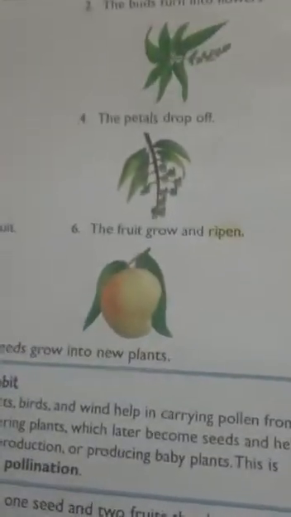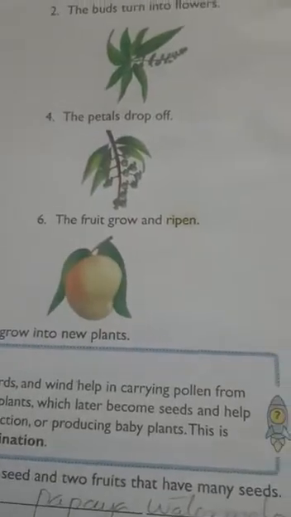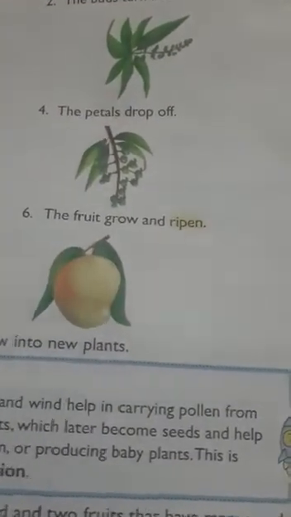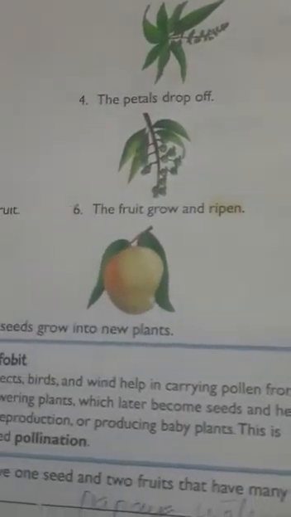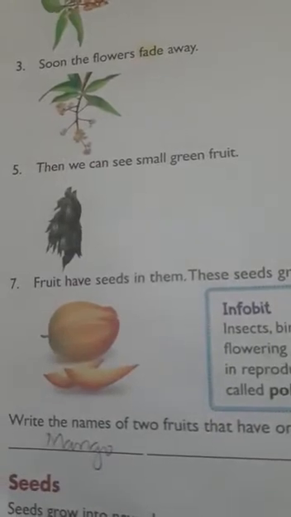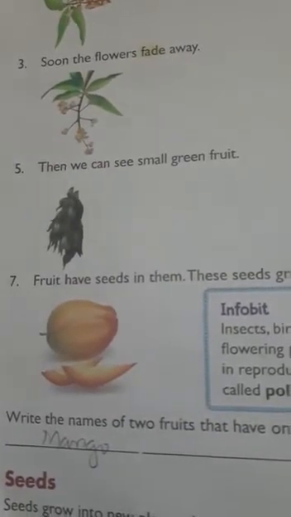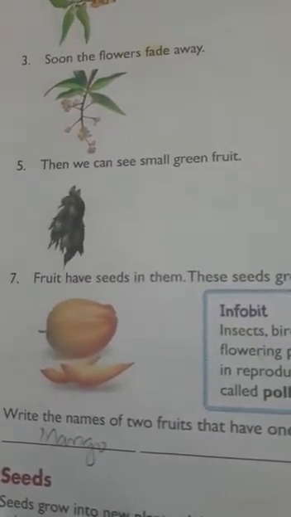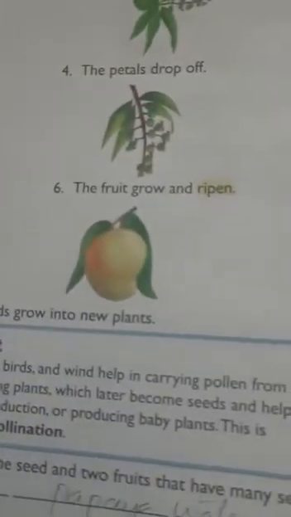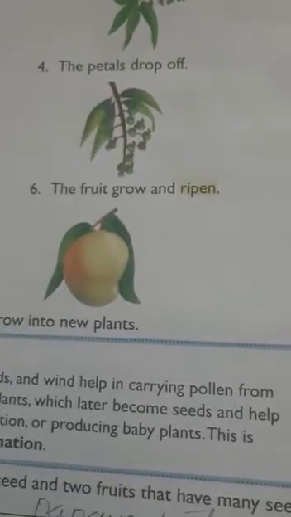Okay. In the fourth step, the petals drop off. Means the petals of the flower, after fading, they drop off from the flower. In the fifth step, then we can see small green fruit. When the petals of a flower falls down, we can see very small green fruit. Then this fruit grow and ripen. After this,